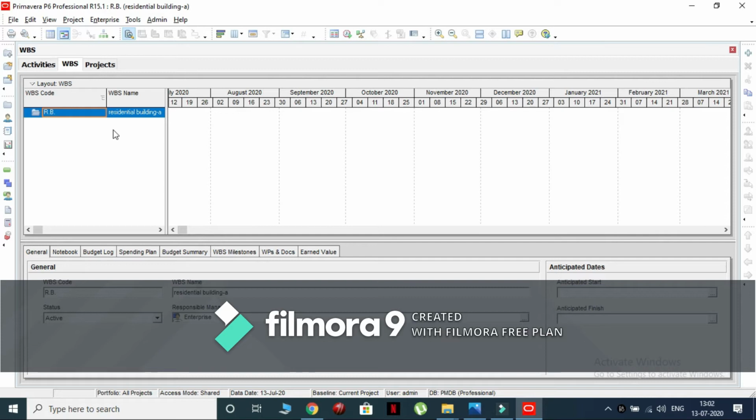Click on the add icon and name the WBS as substructure. Create another WBS and name it as superstructure.